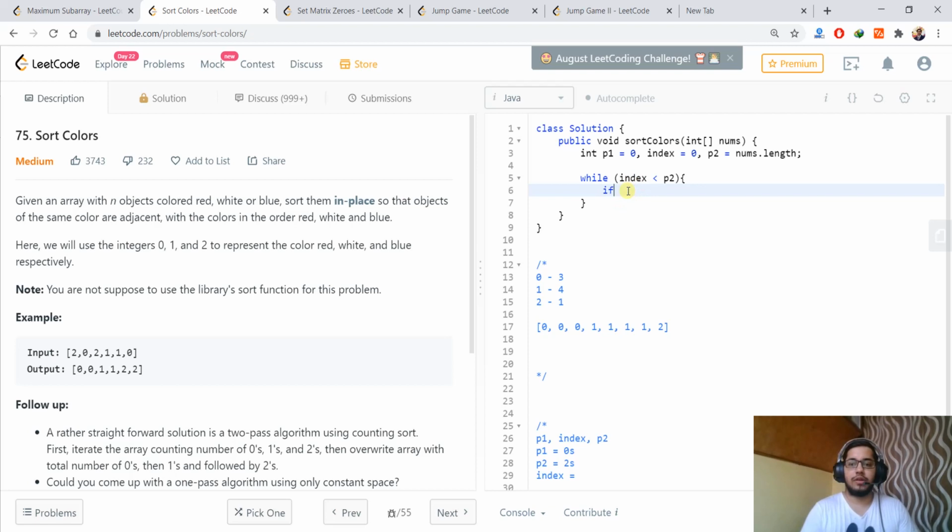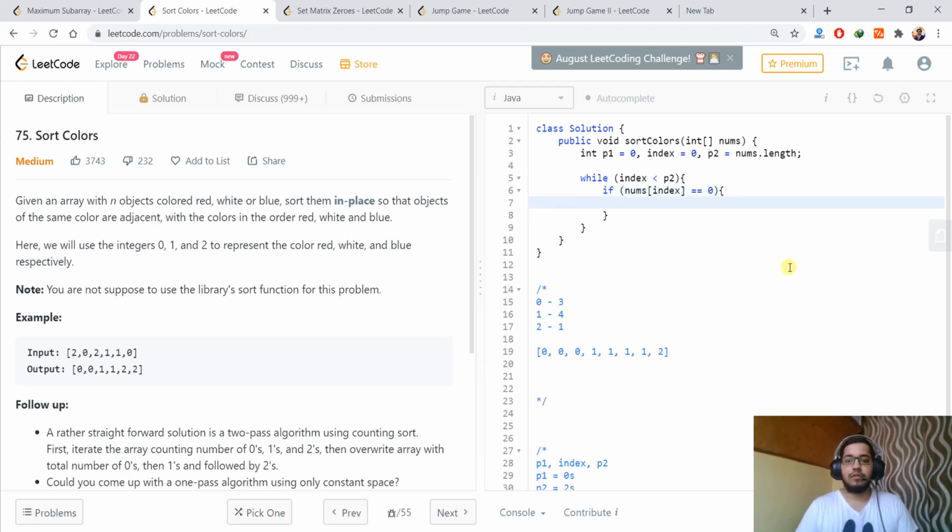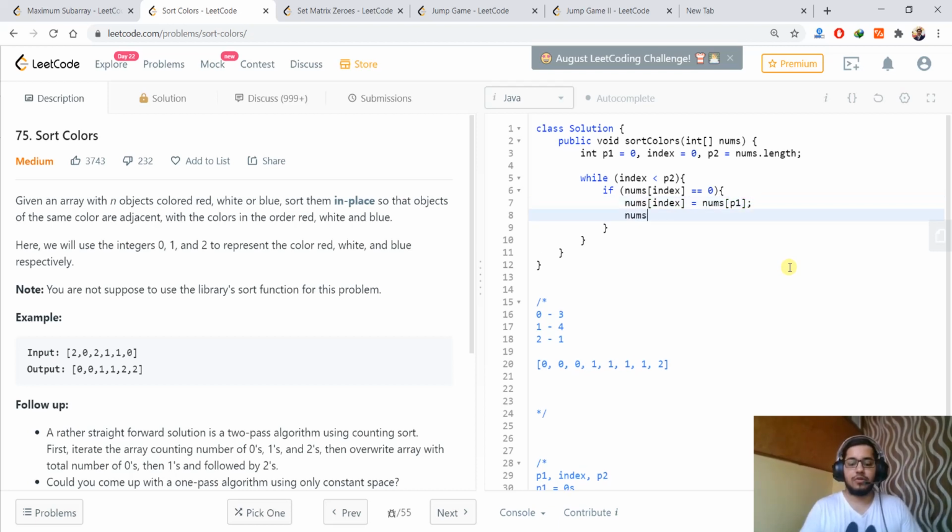So in this, if the current element is 0, we will swap the current element and the element at index p1. So nums of index will be equal to nums of p1, and nums of p1 will be equal to nums of index.